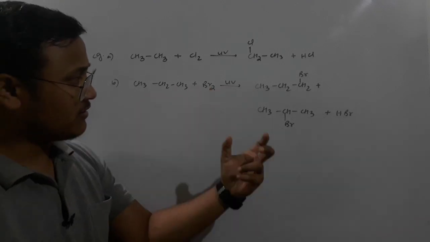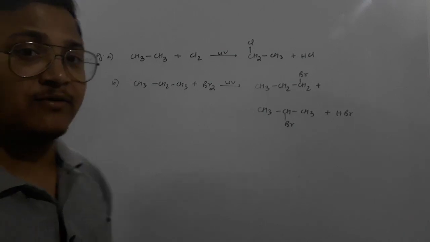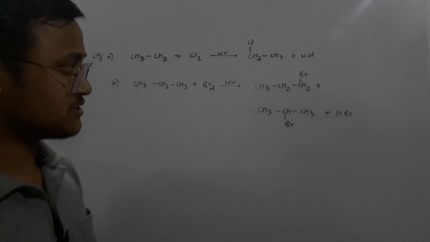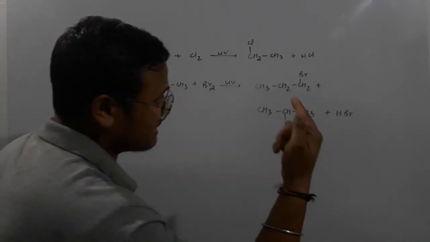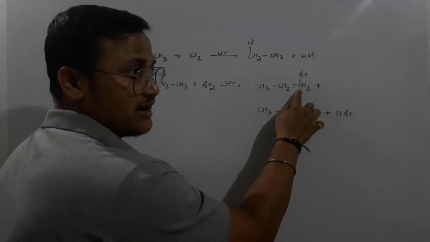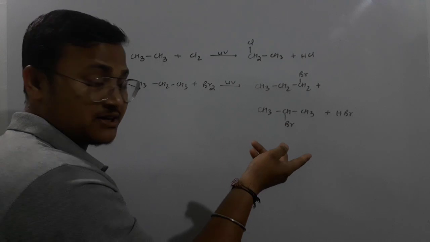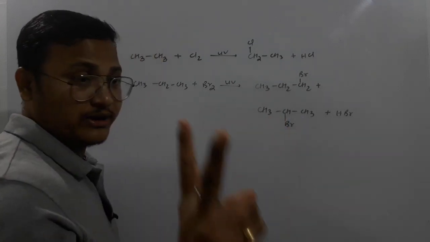Now what we have to do is that, if we are having a number of products like this, we have to find out the major and minor product. Clear? Major and minor product. This type of question is also asked in the examination. Now how will you define it? Look, think about it that we are having a free radical here, right? And we are having a free radical here. So they are binding. Look at the mechanism, third step. So once we are having a free radical here, this free radical will be 2 degree and this will be 1 degree.